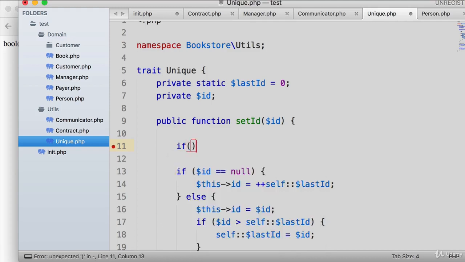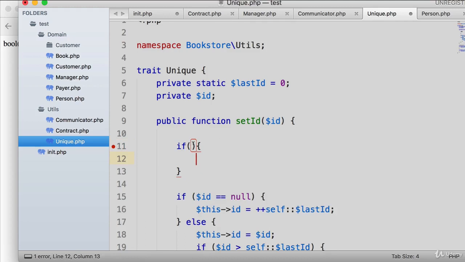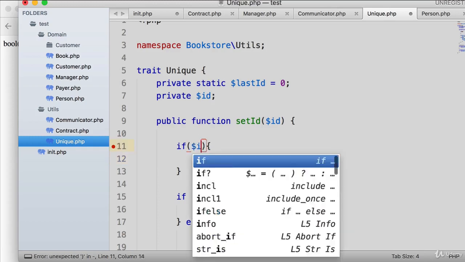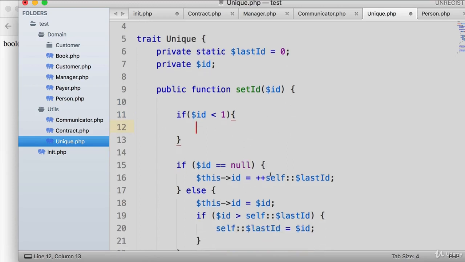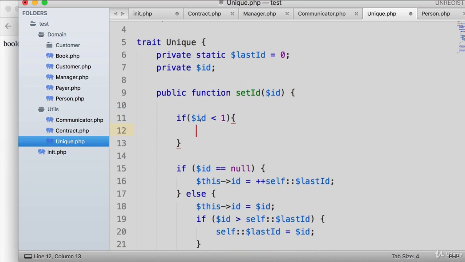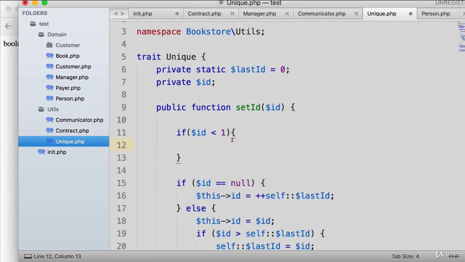So they could be supplying the -1, which would make no sense, right? So what we could say is if id is smaller than 1, in that case, because -1 still would be considered the integer. Okay, so if the id is smaller than 1, what we would like to do is we would like to throw new